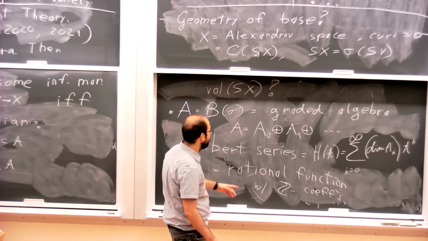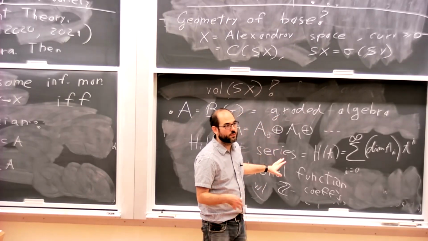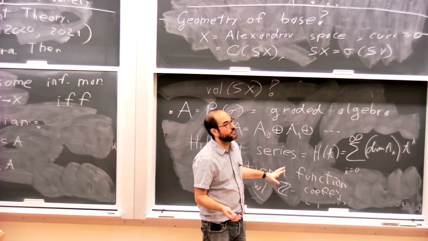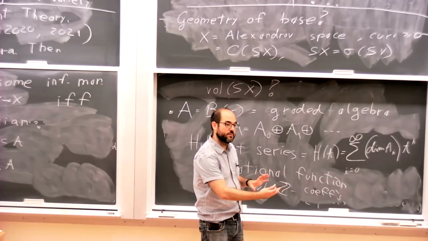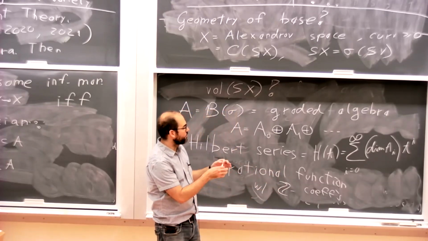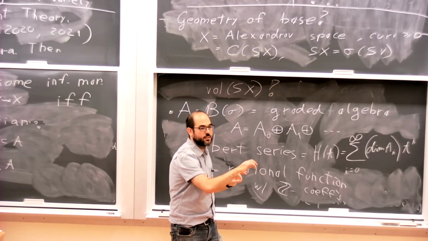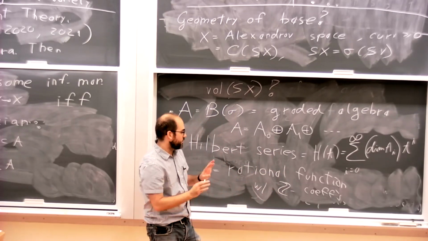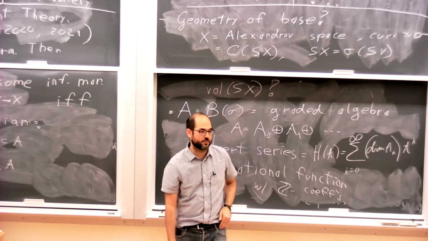If you have, this is a finitely generated algebra, so you can use Noether's, what's it called, Noether's theorem, and you get a system of parameters, and you can find some nice set of generators for this. Then you can write it as a polynomial over some 1 minus t to powers, and these are going to be the degrees of the generators. So if you find a set of generators, you can more or less just write this in terms of the degrees of the generators.